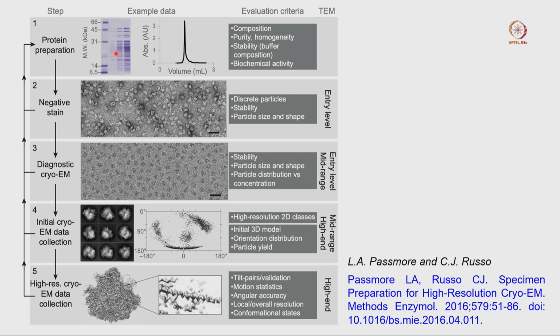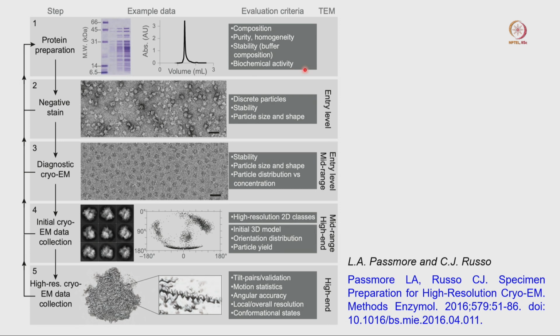So, here you have the marker and the requirement, then you are performing the SEC and you are getting a very sharp peak which is good for the rest of the study. From this one what you will get to know? You will get to know the composition, purity, homogeneity, stability also. Sometimes if you change the buffer composition, changing glycerol, changing the salt concentration, in that condition your sample is stable or unstable. If it is unstable, then you cannot remove entire glycerol or salt, you have to optimize those conditions.